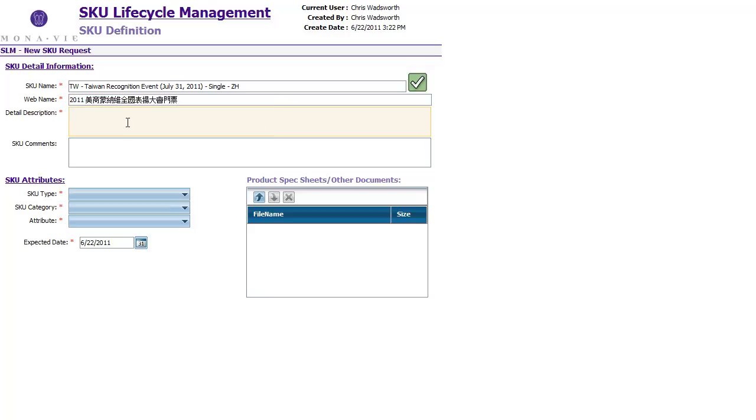And then you would put the same under detailed description. You'd place the translation there as well. And then any special instructions or comments that you want to include, you would place right here under SKU comments. For instance, if you wanted to limit the period of time in which the ticket is available, let's say from June 30th to July 31st, then you would specify there and have those instructions so that the people who actually initiate this to go live would be able to see those comments and then make the changes